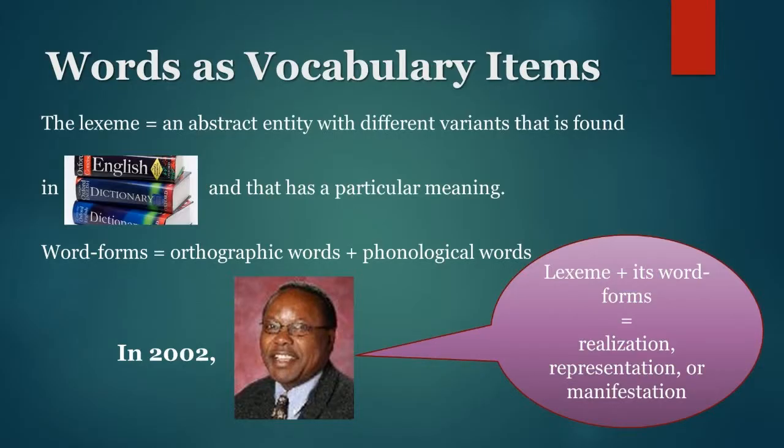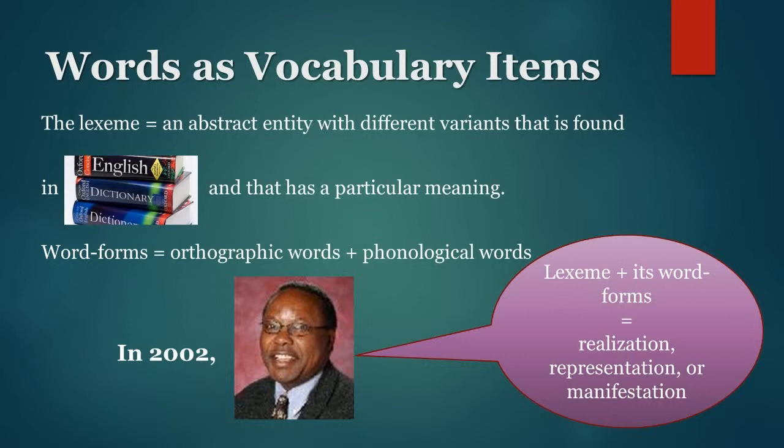Lexicology distinguishes between words as word forms and words as lexical items or lexemes. The lexeme is an abstract entity with different variants that is found in dictionaries and that has a particular meaning. Word forms are the concrete objects that we write, orthographic words, or utter, phonological words, whenever we use language. The relationship between a lexeme and its word forms is, according to Katamba, in 2002, one of realization, representation or